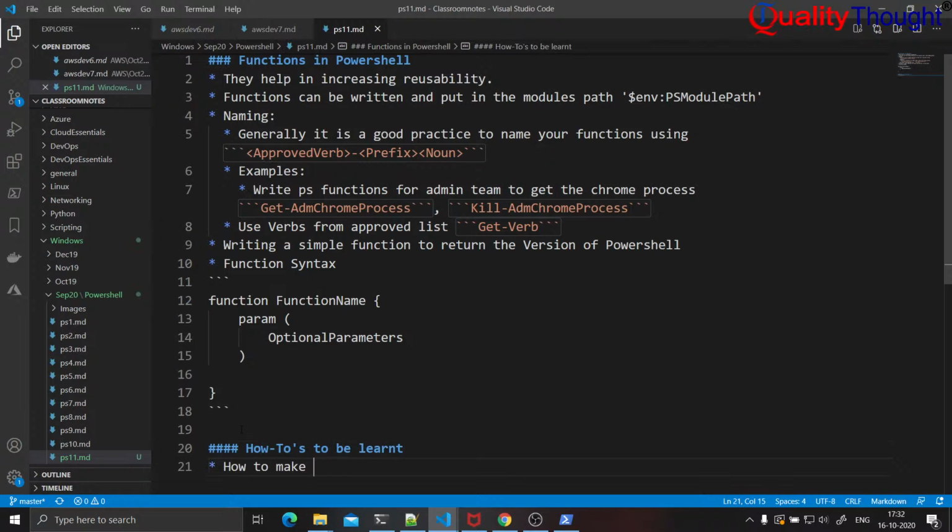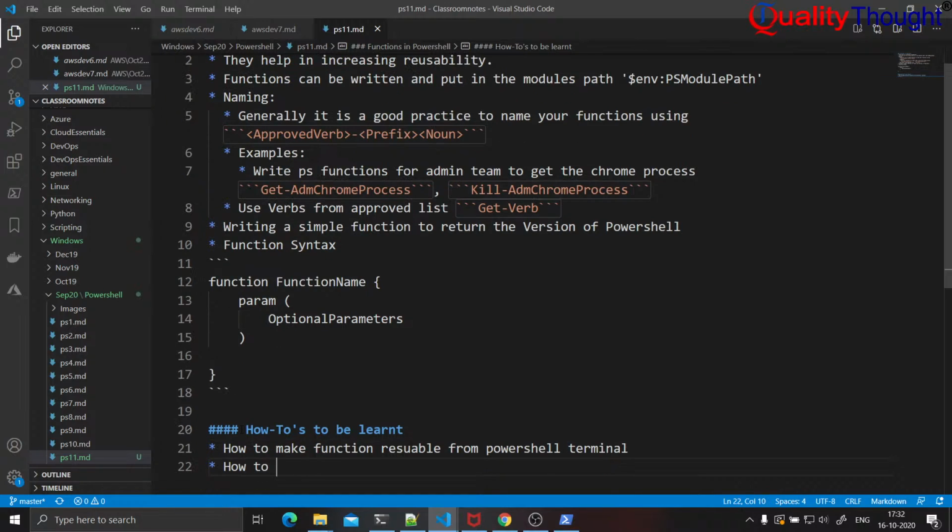How to make a function reusable from the PowerShell terminal, right? How to make use of parameters effectively,